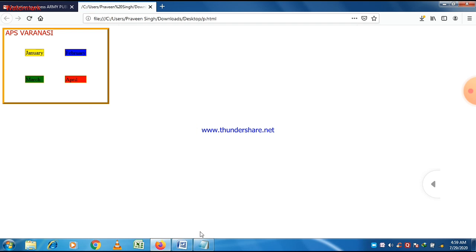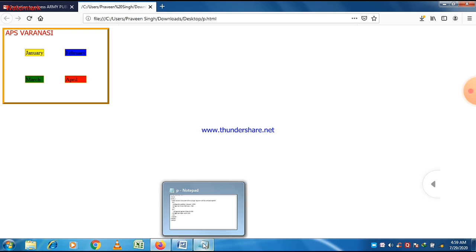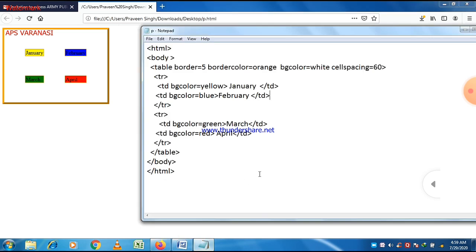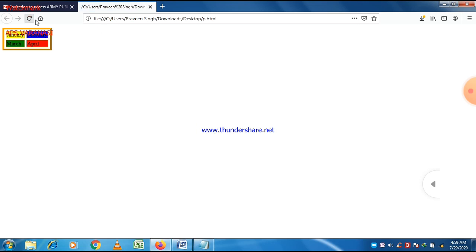Now I think the cell spacing concept is very clear to all of you. Also how to put a background color to different cells or an entire table, or how to set a background color or border of a table. Now all these concepts are very clear to all of you. So you can put a border. By default it is 0, so if you don't define a border attribute, then the border is not visible to you. You can also define border color using the border color attribute. BG color is used to define a background color of a table.